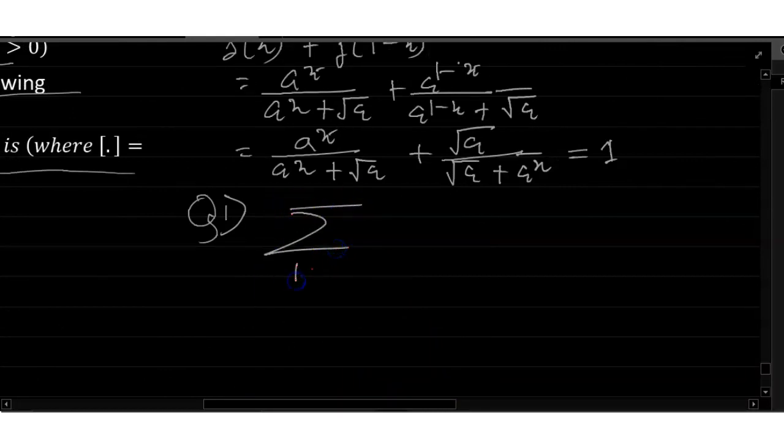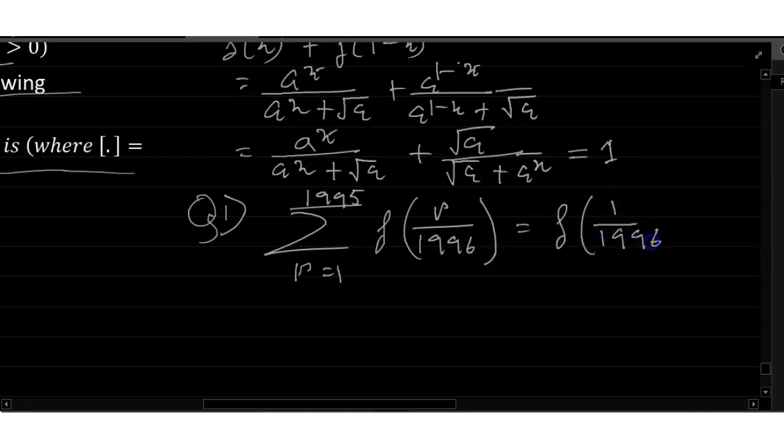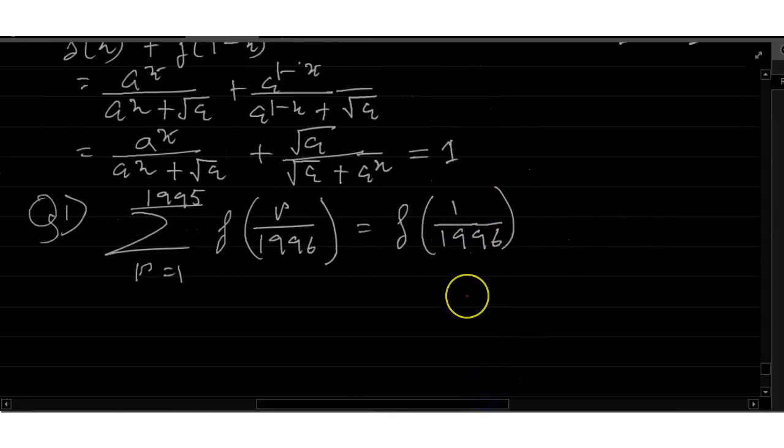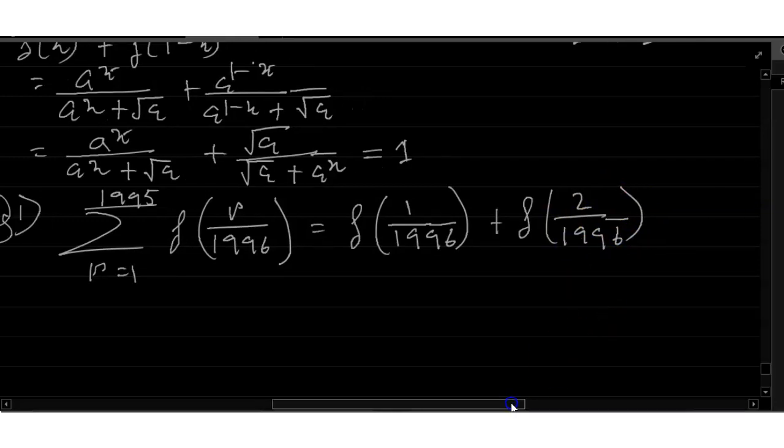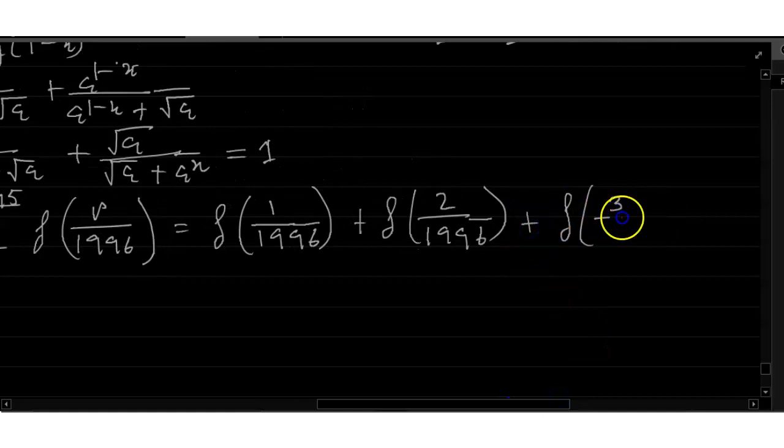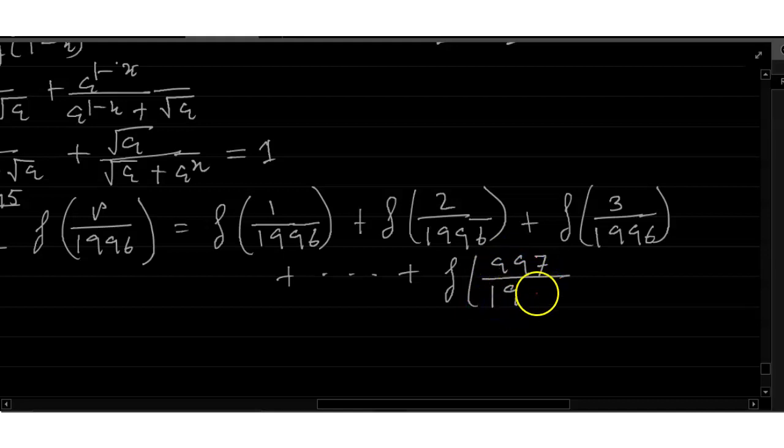So summation for r equals 1 to 1995 of f(r by 1996) equals f(1 by 1996) plus f(2 by 1996) plus f(3 by 1996) plus up to dot dot dot, up to f(997 by 1996)